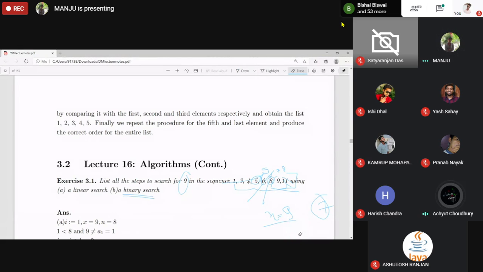A7 is equal to 9 only. Yes. So it will return you 7. Okay? Because this is equal. Suppose instead of 9 you have 10, then it will give you 0.